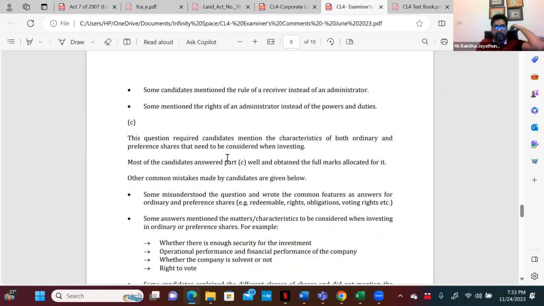This part C, I'm not going to explain about the comments of the examiner one by one, but I just wanted to point out the serious mistakes, stupid mistakes, I would say, that students make at the exam. Unnecessary. These are called blunders. This question required candidates